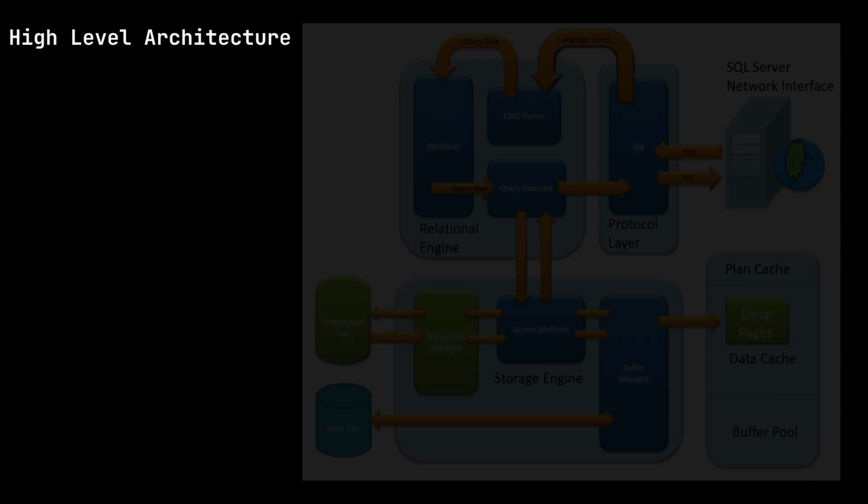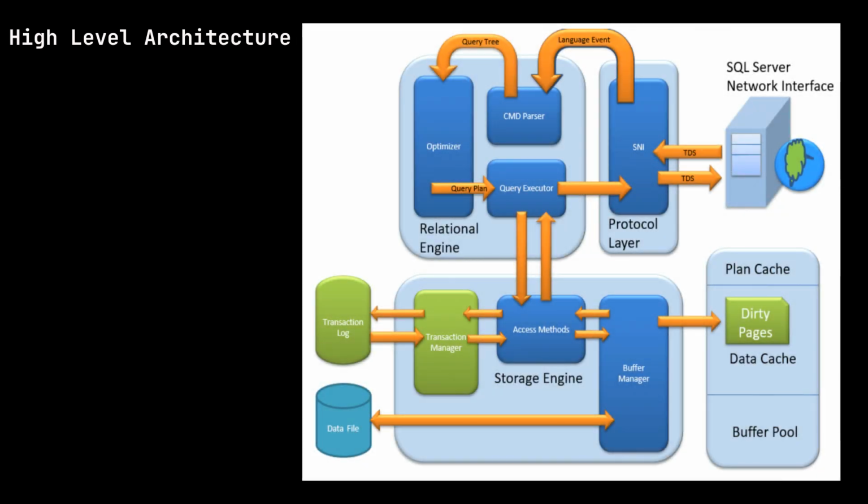Let's walk through the high-level architecture of a relational database and understand how a SQL query actually gets executed internally. Everything starts at the client side. An application sends a SQL query over the network using a database protocol. This request first enters the protocol layer, whose only responsibility is communication, handling connections, authentication, and converting network messages into internal commands. Once the query crosses the protocol layer, it enters the relational engine, which is the brain of the